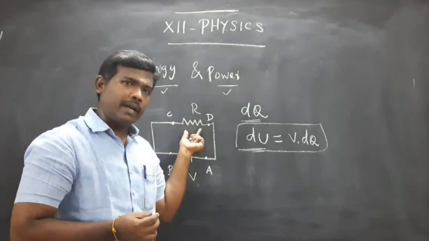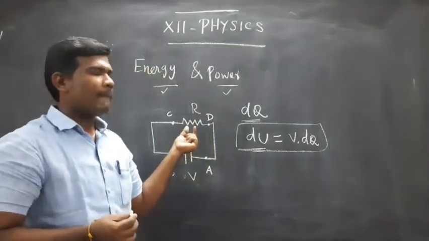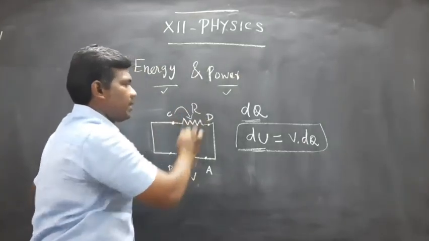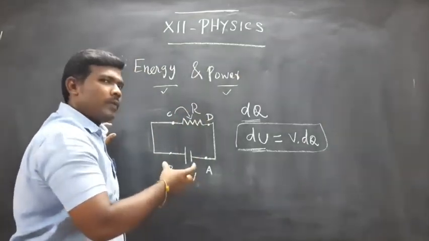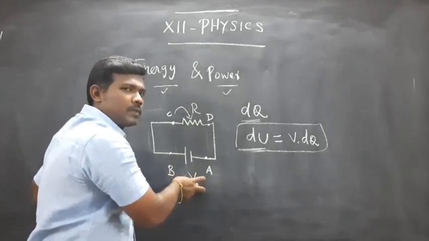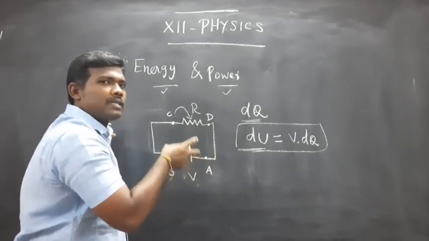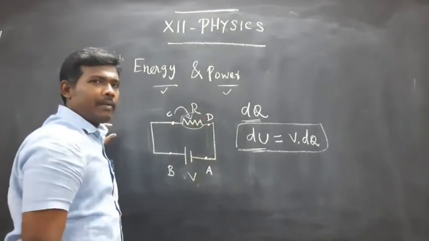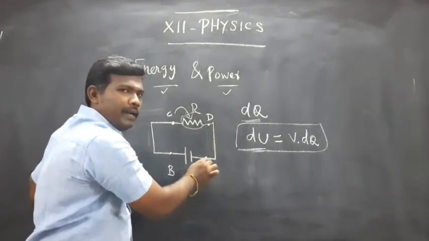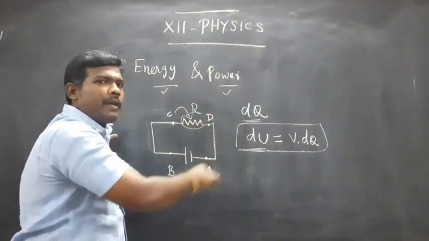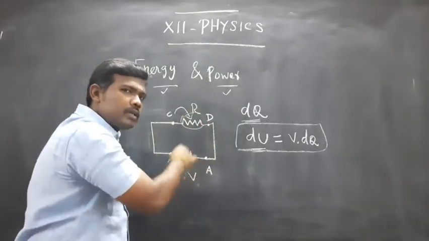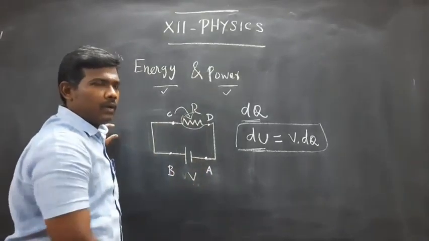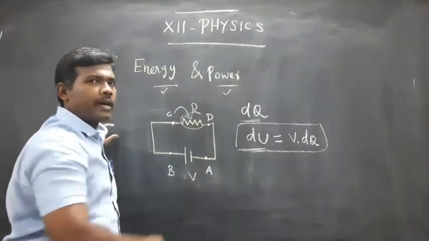If you connect a conducting material or any other material, the energy taken from the charges is released in that particular material. If dQ amount of charge is taken from the battery, the same amount of charge is taken by the conducting material. So once again it reaches the point A. The process repeats continuously until we remove the power supply. Without removing the power supply, the process is continuous.